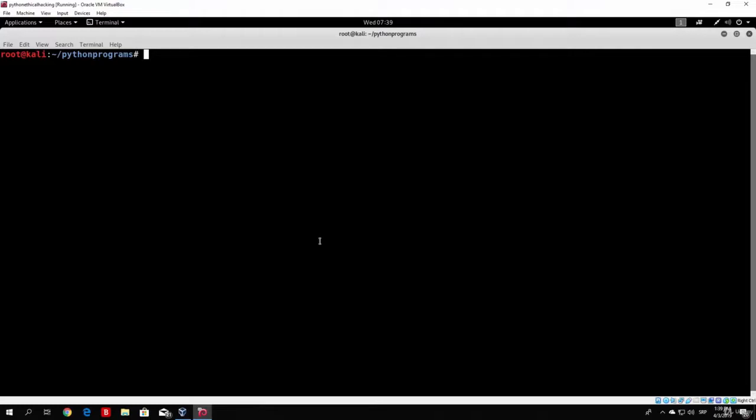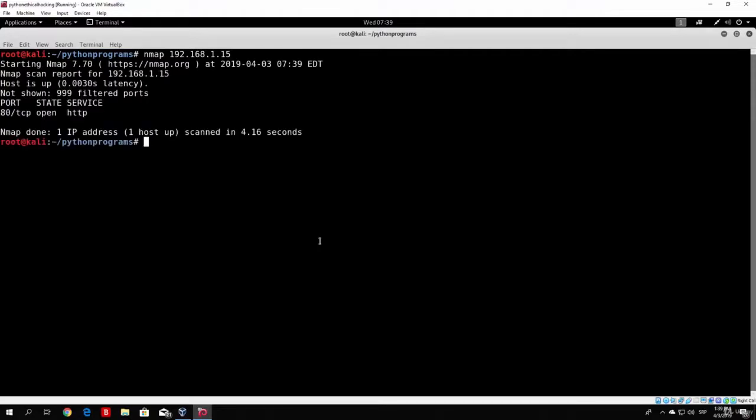Now, in order to do that simply in Kali Linux, you just type here nmap and then the IP address or the host name of the target. So if you just type here nmap and then let's say we use the IP address of my laptop, which is 192.168.1.15, which I checked out right now, and if I just try to scan it, which I can do with this command, it will just scan my laptop for the open ports, and as we can see it finished relatively fast,